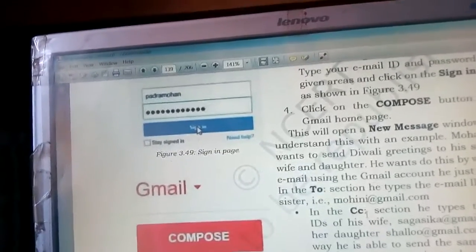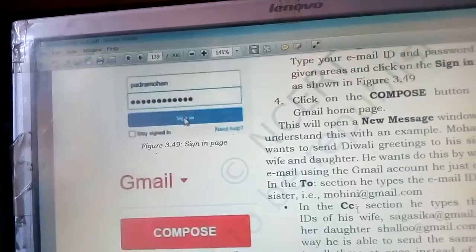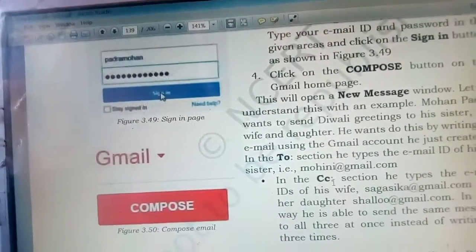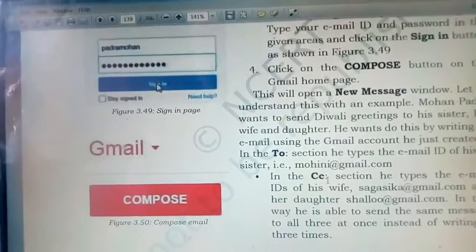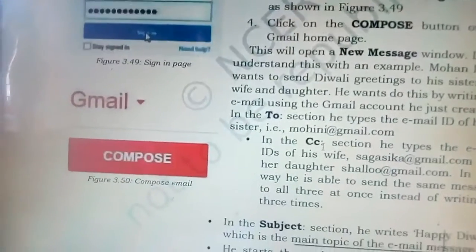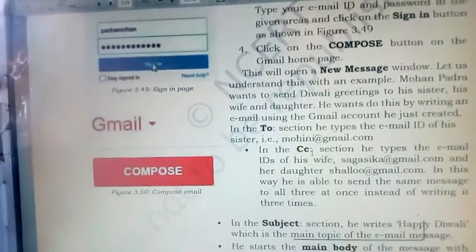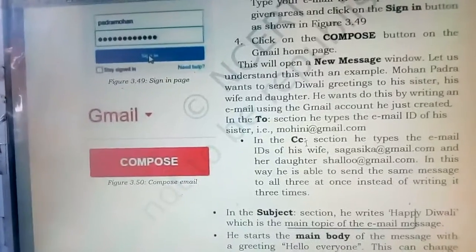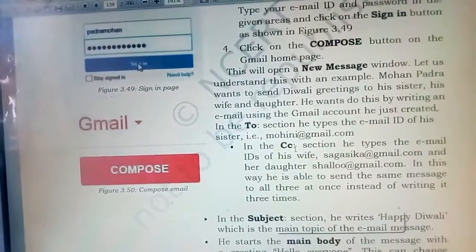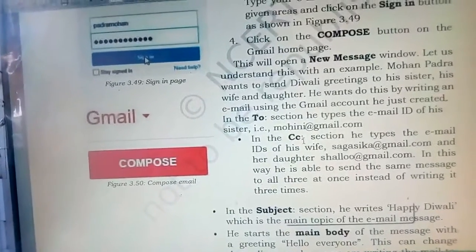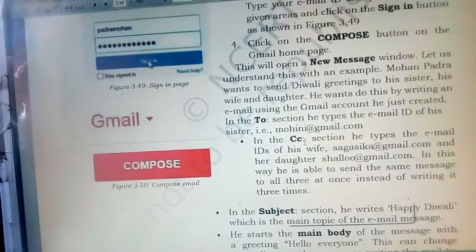But the difference is that the CC field includes the email address of the person you want to involve indirectly in the email, okay. And all the persons to whom you have sent the message can see the other persons' email addresses. But in case of blind carbon copy, each person can see only their own message, they can't see the others'.